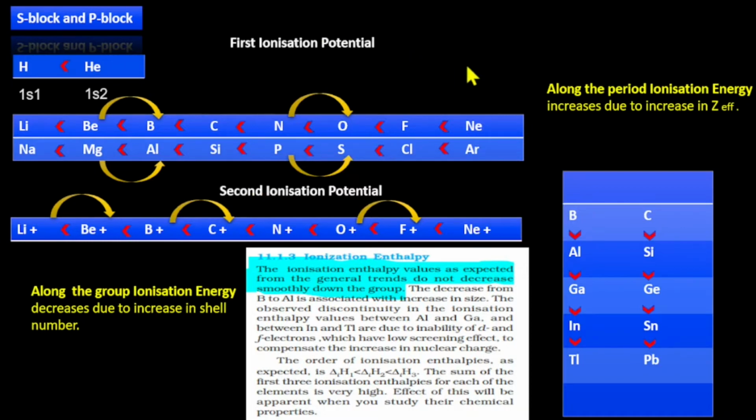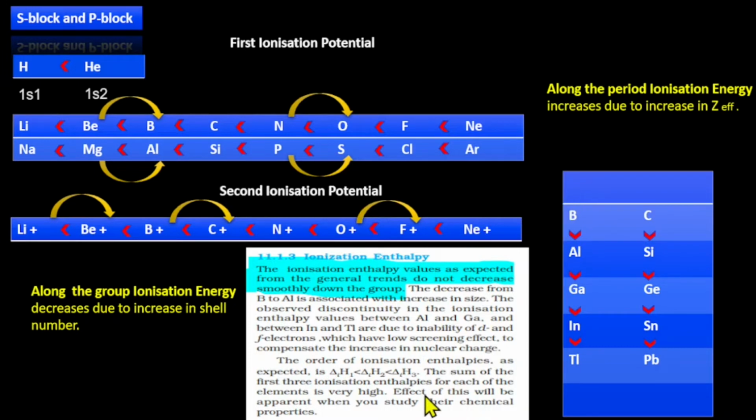Now what about along the group? This is mentioned in NCERT. As you can see, along the group ionization energy decreases due to increase in shell number. You can imagine this: as soon as the shell number increases, there is less force of attraction, meaning the electron can be removed easily, meaning ionization energy will decrease. So what general concept says is it should decrease, but what